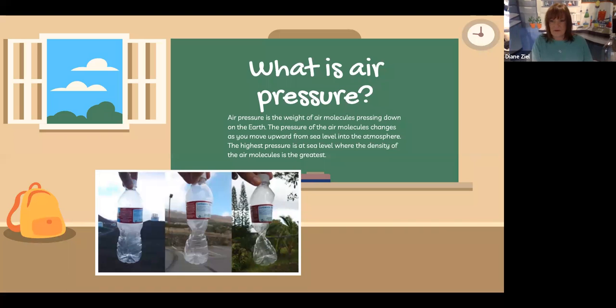Before we start the experiments, let's just remind ourselves of what air pressure is. So what is air pressure? Well, air pressure is the weight of air molecules pressing down on the earth. The pressure of the air molecules changes as you move upward from sea level into the atmosphere. The highest pressure, or the greatest amount of pressure, is at sea level, where the density of the air molecules